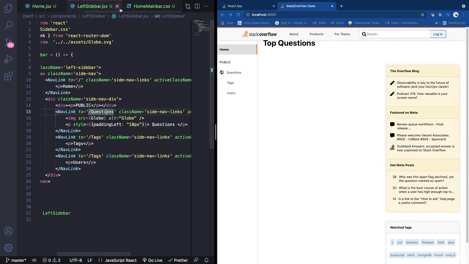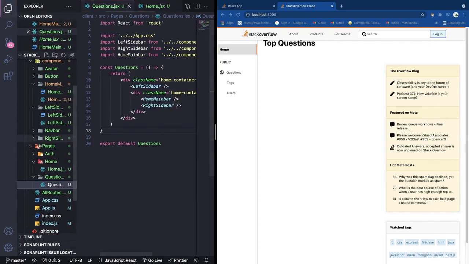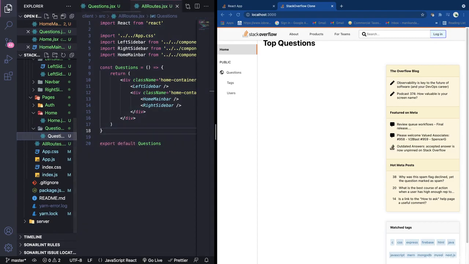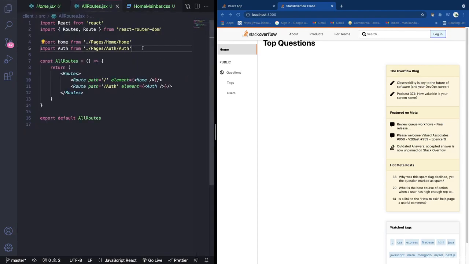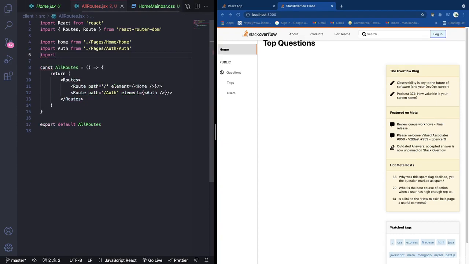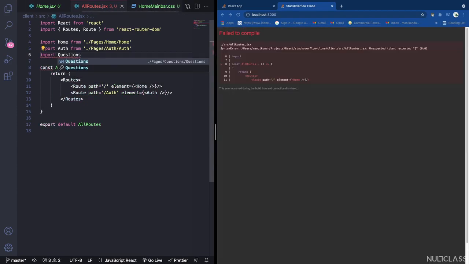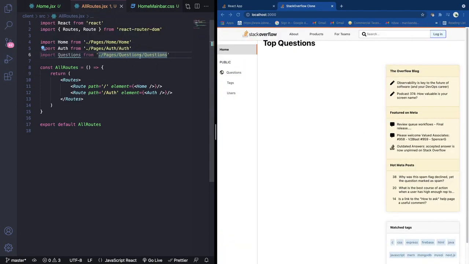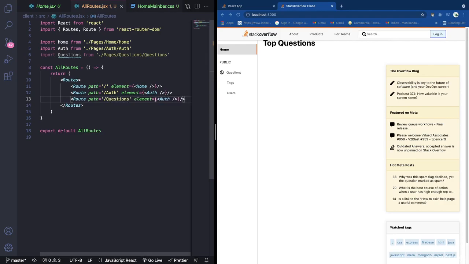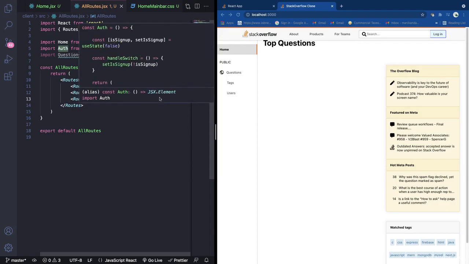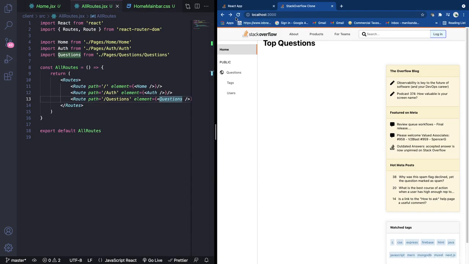To give that, we have to go to the all routes page. Inside the all routes page, we will import questions from ./pages/questions/question. In here, let me copy this thing again, and in the path I will change it to questions as well, and in the element also let me have the same thing, and that's it. Let me just refresh,